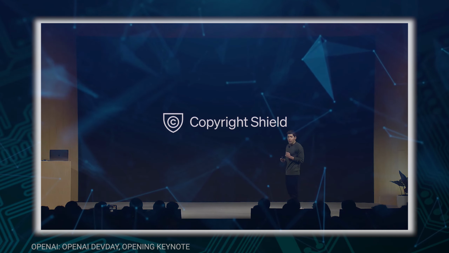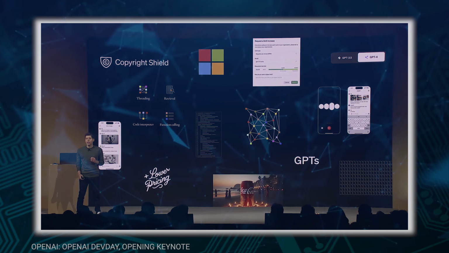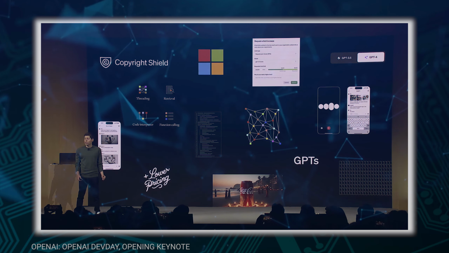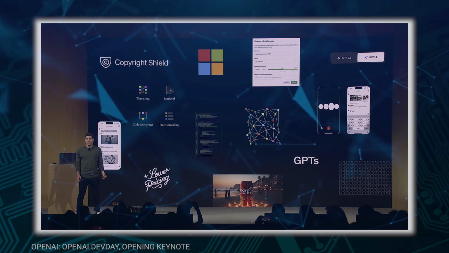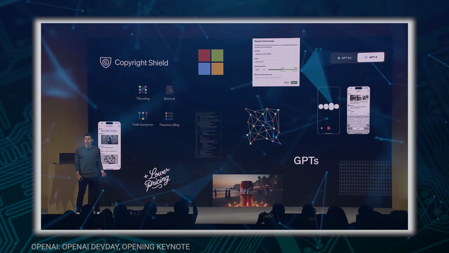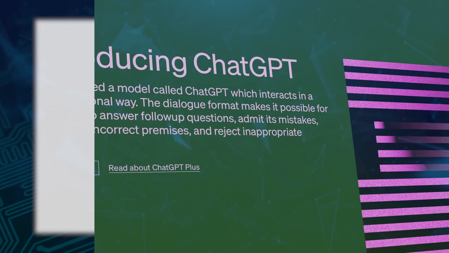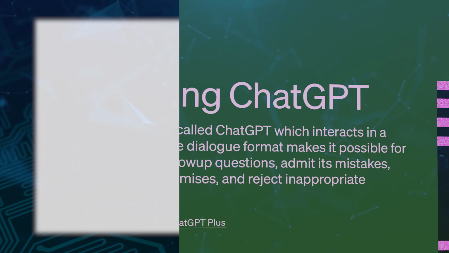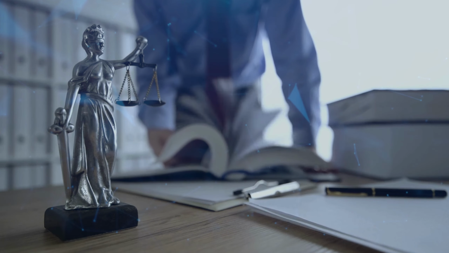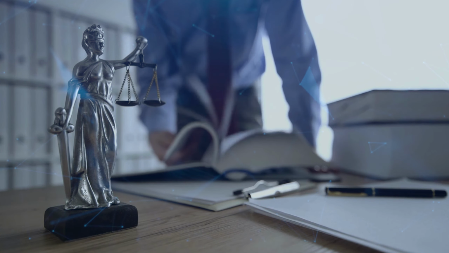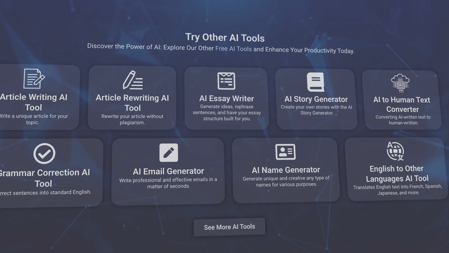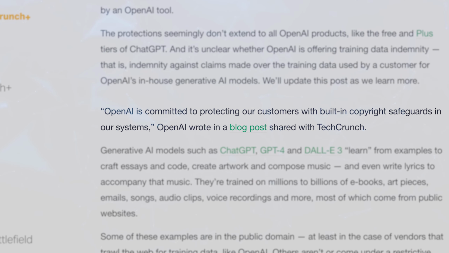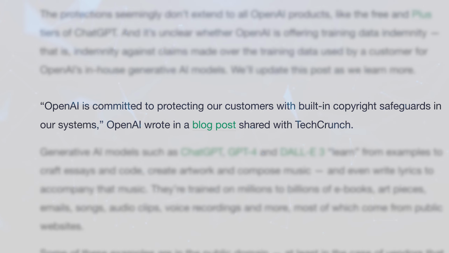OpenAI has announced its dedication to assist enterprises using OpenAI products in case of copyright violation accusations linked to OpenAI services and applications. Under a newly launched initiative referred to as Copyright Shield, OpenAI committed to covering the legal costs customers incur. This offer is only for users of the commonly accessible features of OpenAI's developer platform and ChatGPT Enterprise, the top-level version of its AI-driven ChatGPT chatbot. It covers lawsuits over intellectual property claims related to work created in an OpenAI tool. However, it doesn't apply to all OpenAI products, such as ChatGPT's free and Plus tiers. OpenAI assured that customers are safeguarded by copyright measures in their systems in a post on its blog.